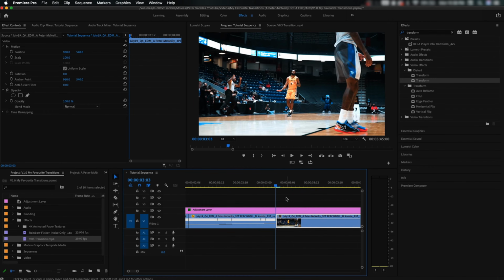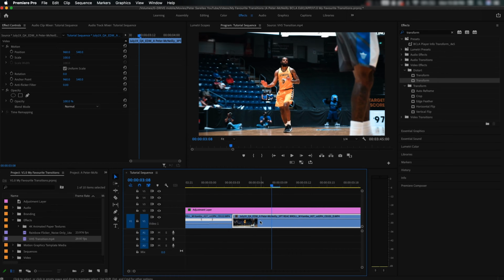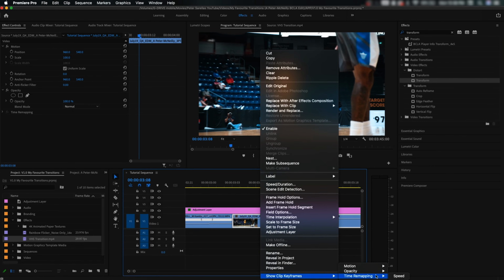In this clip, he's already zooming in with the camera, so it looks like a speed ramp already, just because the camera is moving so quickly. As this videographer zooms in from the wide shot to the tight shot, the clip already kind of speed ramps, so the effect is already looking pretty good. But if we do the same thing we just did,